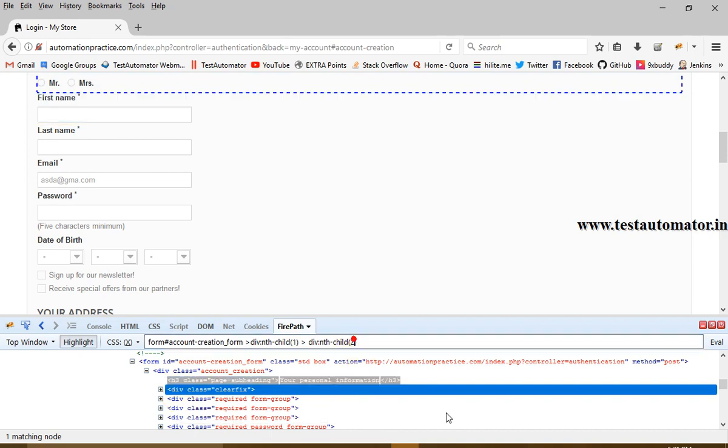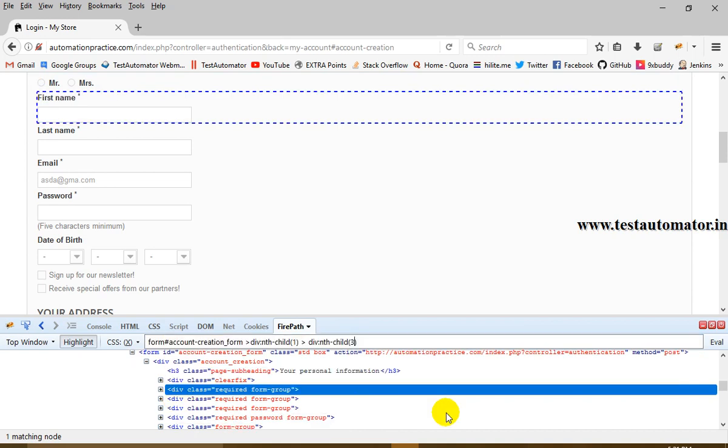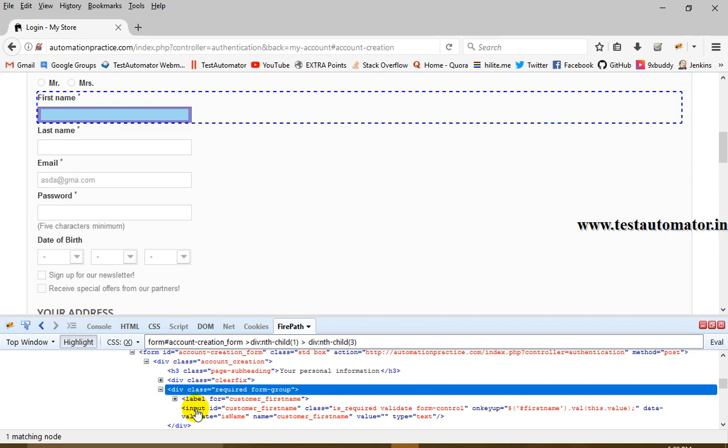So that is why I'll give it as a div 3. Now can you see I am on the first name, I can say this as a first name box. Fine. Now under this first name I am not on the field yet, I am in the box which contains a label and box. So under this I have to go to the input box. So how can we do it? Again it is a